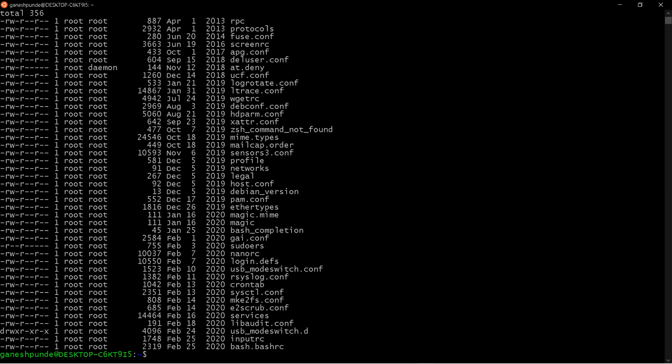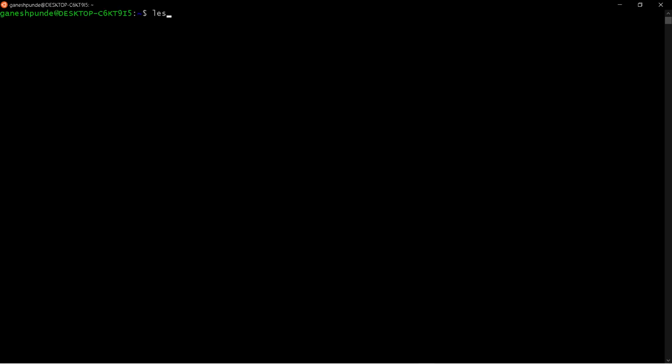Even we saw the less command, right? So less is more powerful than the more command, because in more we can see the content of the file page by page, but in the forward direction only, right? If you want to backtrack, or see in the backward direction, you can't.